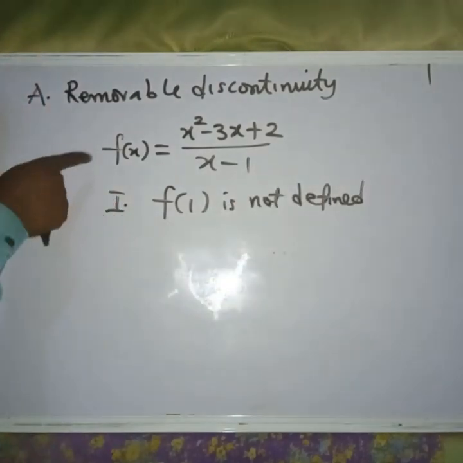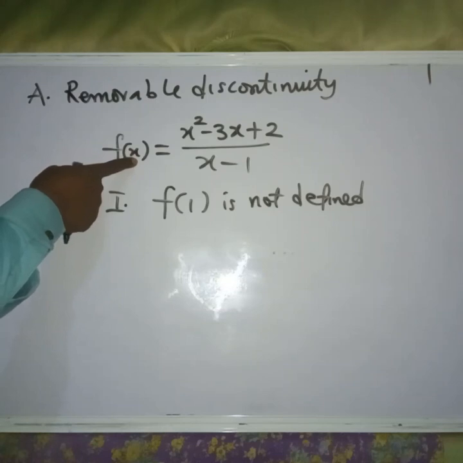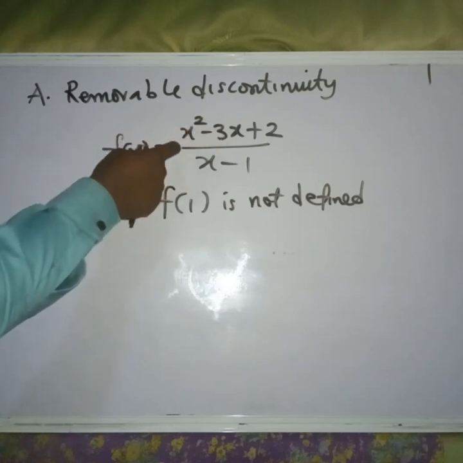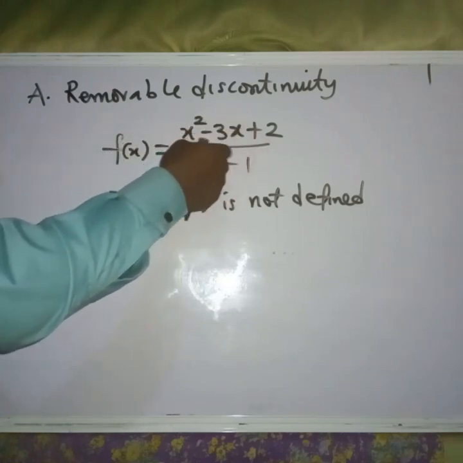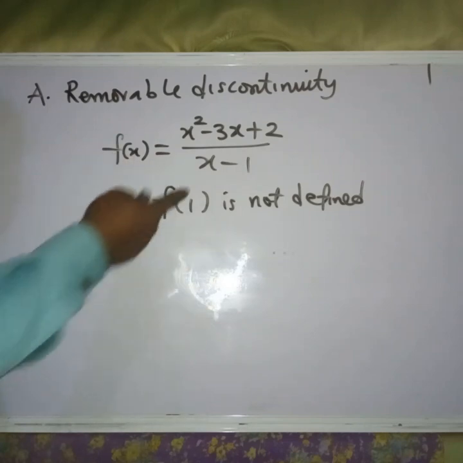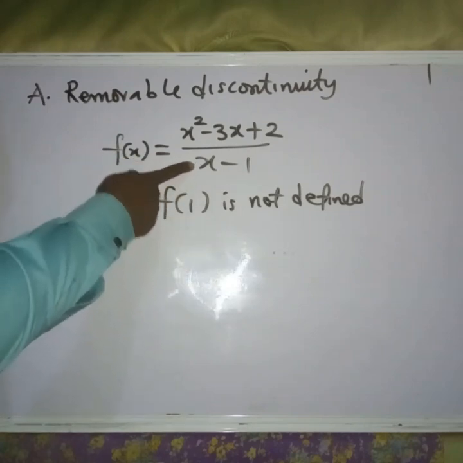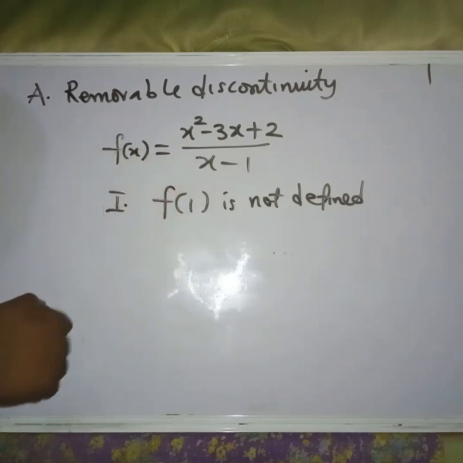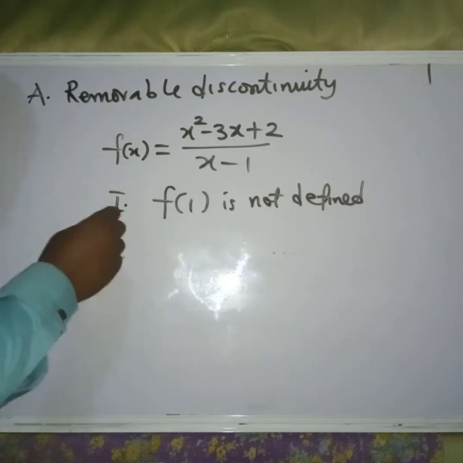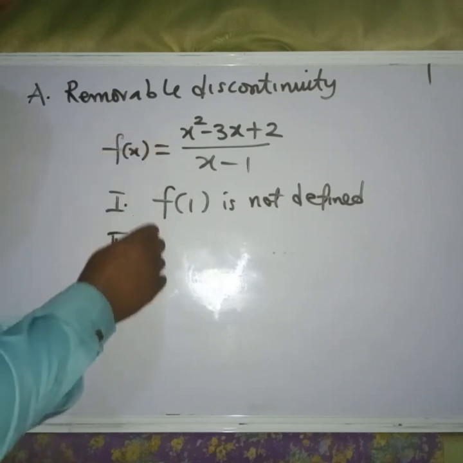This is so because if we substitute 1 into this function, we are going to have 0 at the denominator. However, if we find the limit of this function,